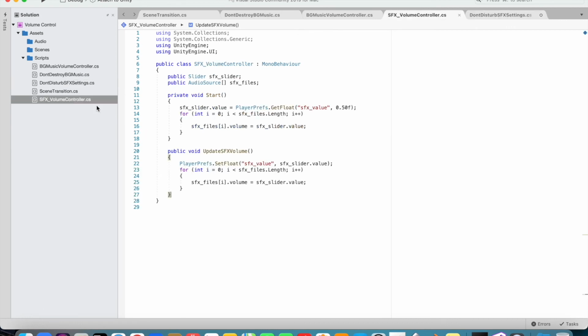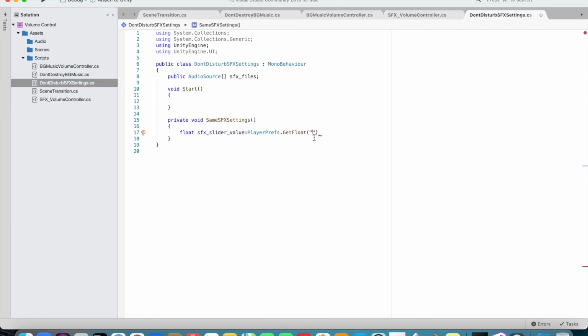Go to SFXVolumeController, copy this key, Command C, move to DontDisturbSFXSettings, paste this key here, and default value set it as 0.50f,